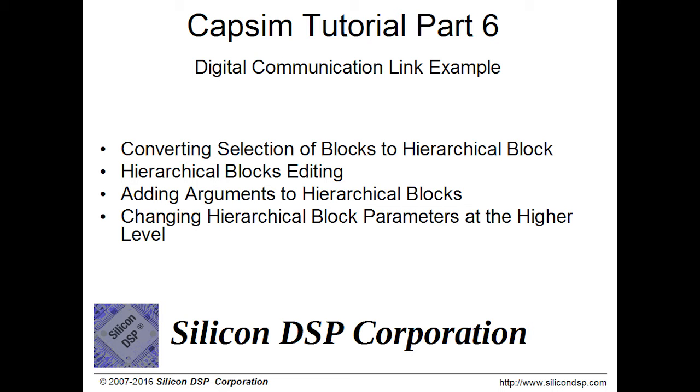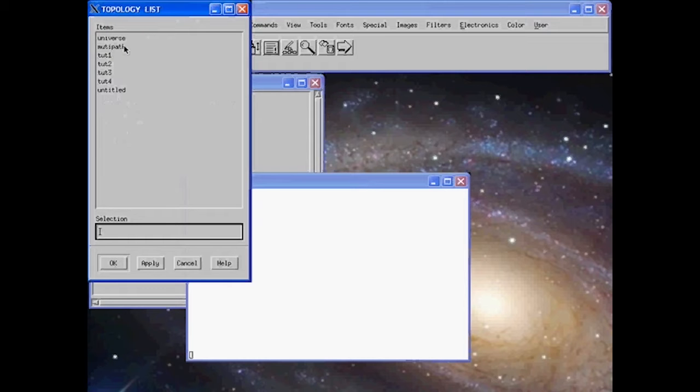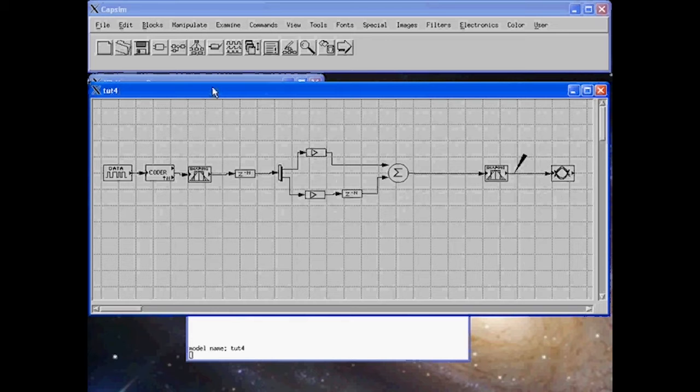To do this, let's go back to tutorial number 4, which contains the multipath, which is represented by bulk delay, a multipath gain, a multipath delay, and of course a direct path. And what we're going to do is convert these blocks into a single hierarchical block. This will be very useful because anytime we need a multipath model, we can actually grab a hierarchical block to